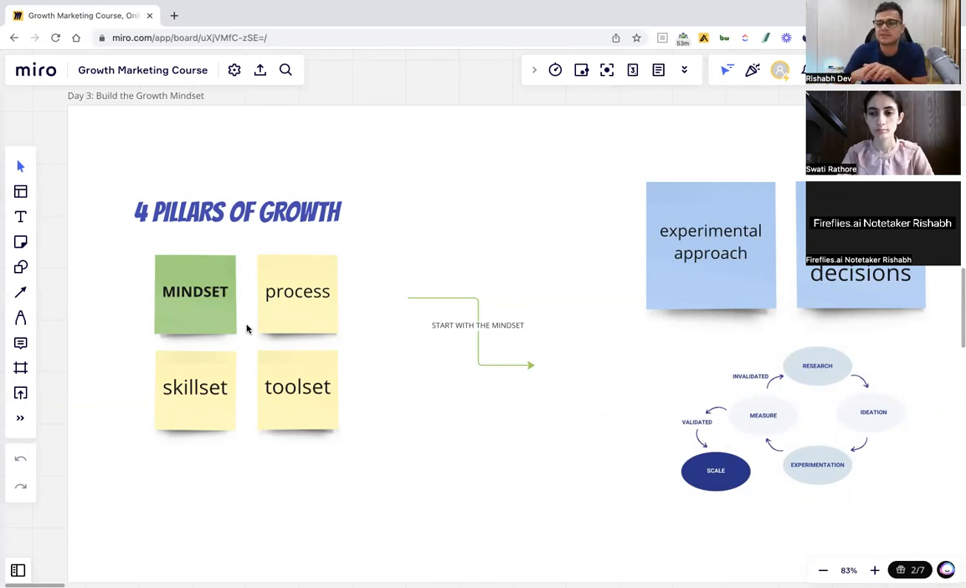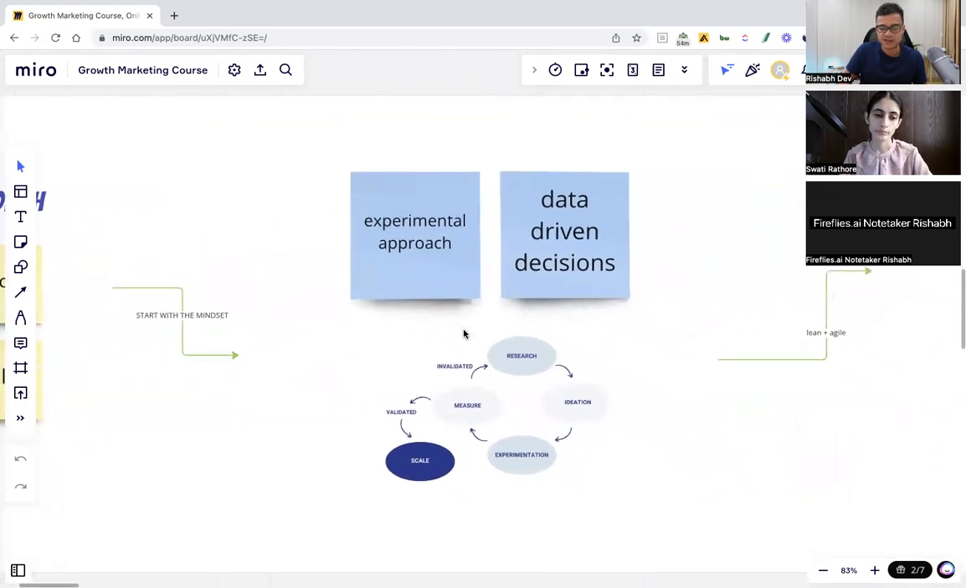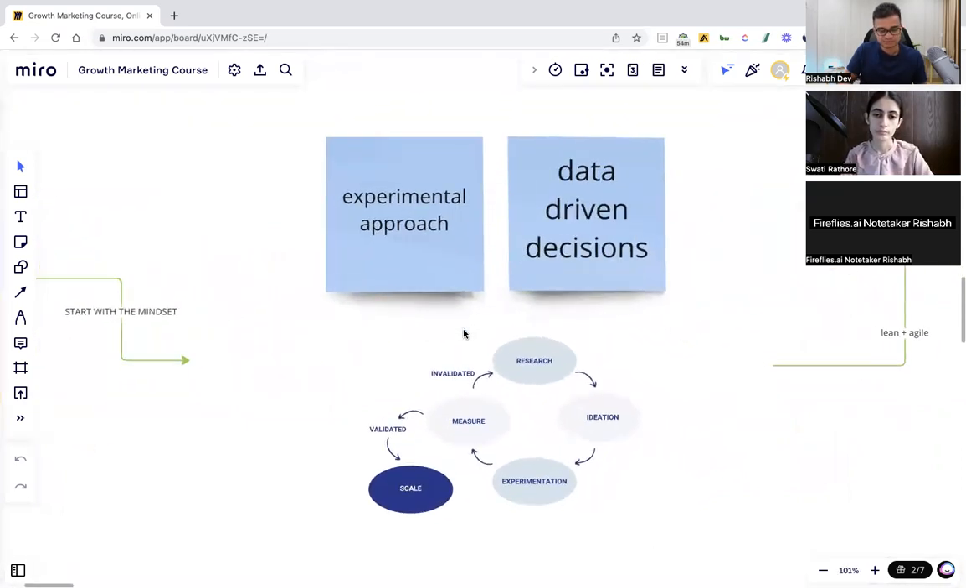But I think it's important to also dissect this and to see what are the different components of this growth marketing mindset that we need to build, right? So what we'll do is we'll start with these terms. And the two terms are following an experimental approach and then making data-driven decisions. And the experimental approach or the experimental mindset is to basically think of life itself as an experiment,